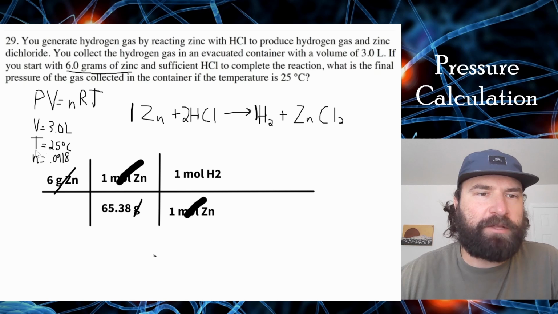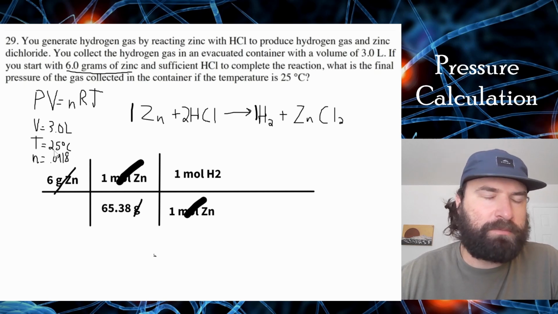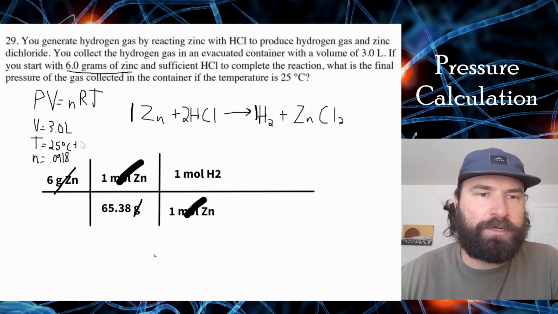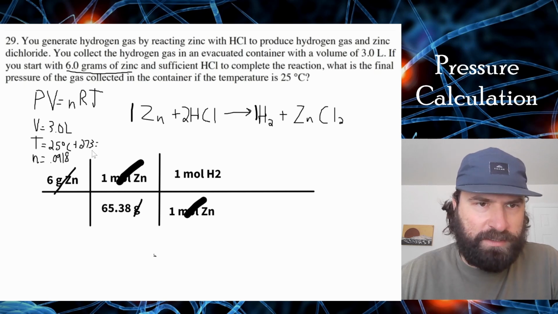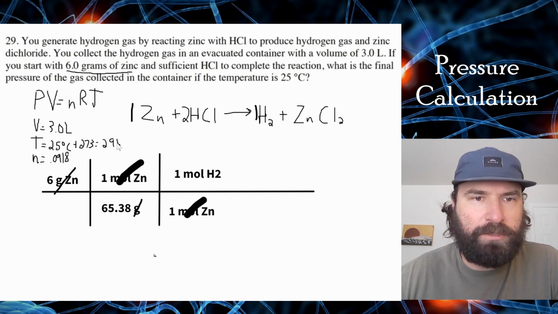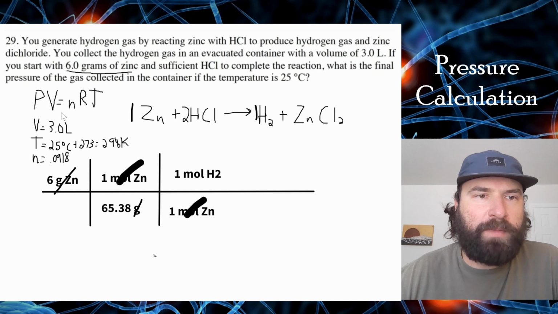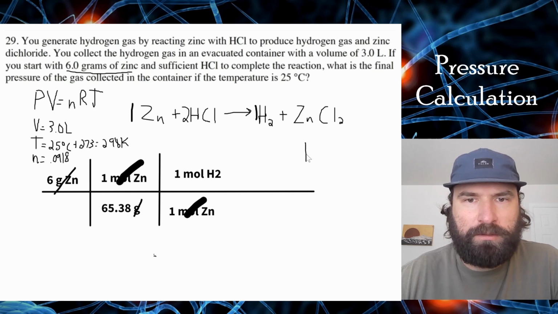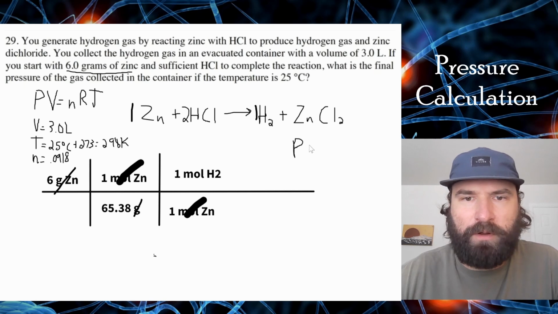Typically when we do these calculations, we want temperature to be in Kelvin. So in order to convert Celsius to Kelvin, I have to add 273 to our Celsius. So that's going to give me 298 Kelvin for our temperature. Now I can plug all of our information into our PV equals nRT equation. So again, we're solving for P. So we've got P times our volume, which is 3, equals n, which we just calculated as